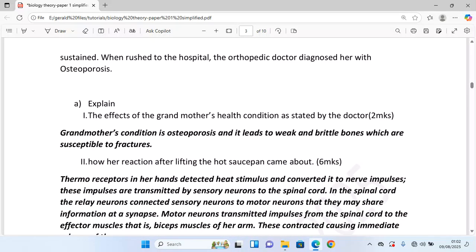When rushed to the hospital, the orthopedic doctor diagnosed her with osteoporosis. And here come the questions. Explain, part 1, the effects of the grandmother's health condition as stated by the doctor. So now here, this item 2,